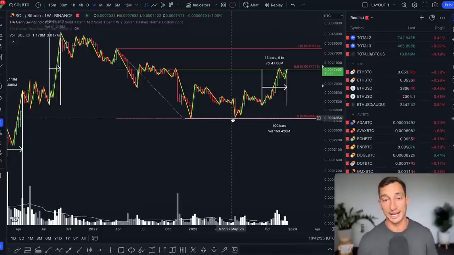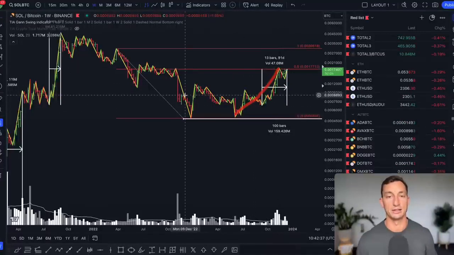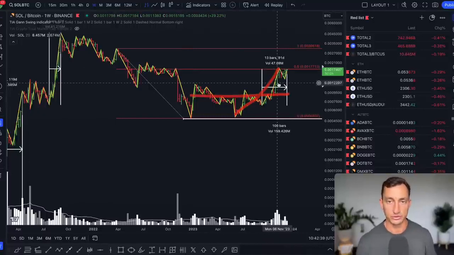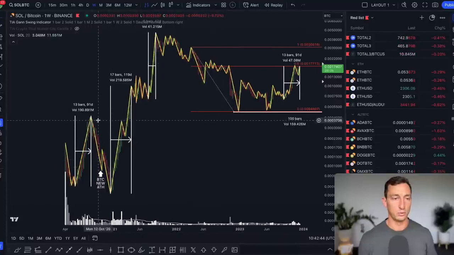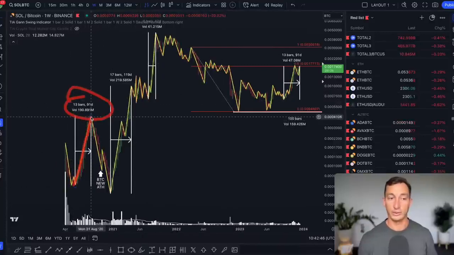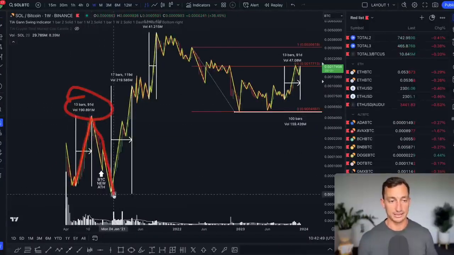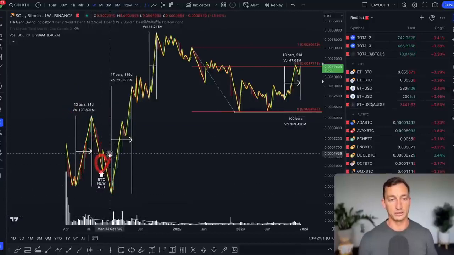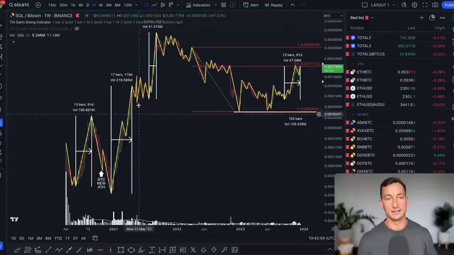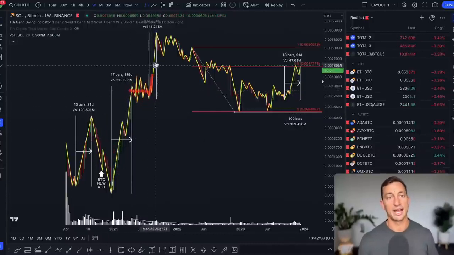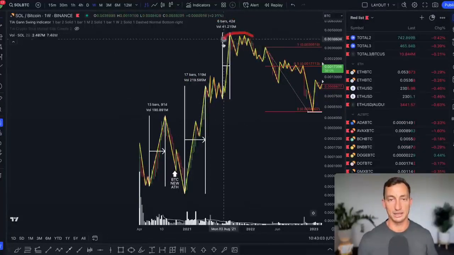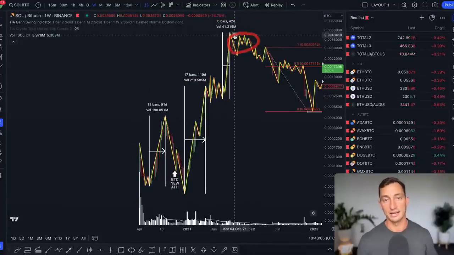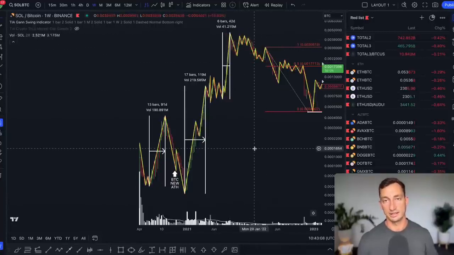And then I think that's a good time to enter, because we have the confirmation that the market is able to break out of key resistance levels, and then we get that entry point. And I think there's still a fair bit of time, as I've looked at before with these markets. Solana did 13 weeks up exactly last time, came back down for a considerable amount of time. Bitcoin got into a new all-time high, and then Solana started to do its thing, had a 17-week move, then a few month pause, and then finally the last-ditch attempt to the top was another 6 weeks into that peak. Took some time. There were several months where it was just rolling around before it started to collapse.